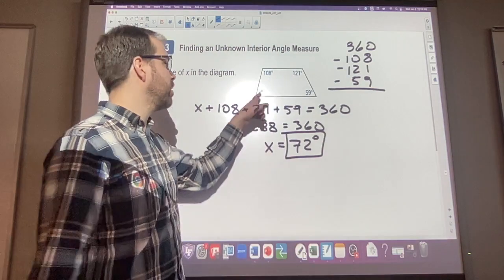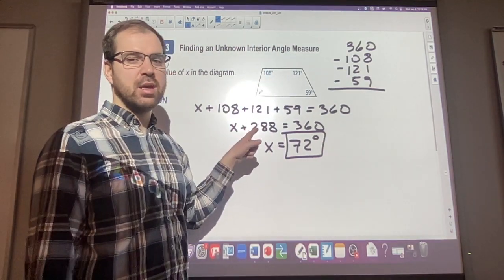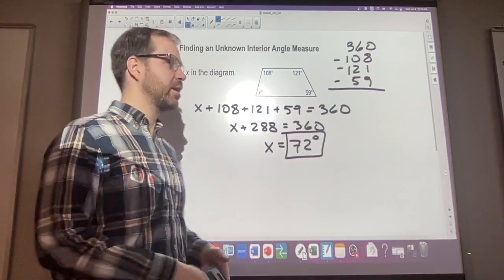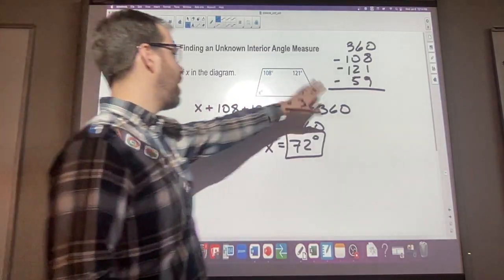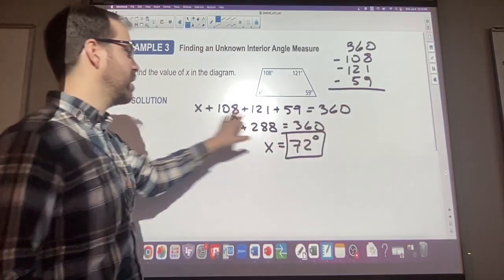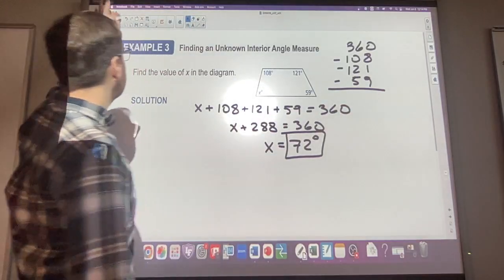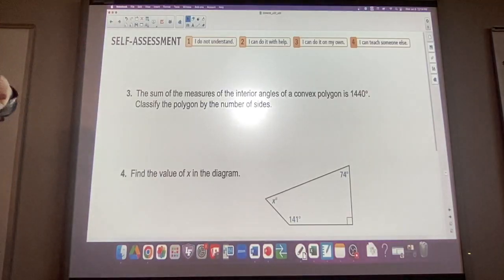However, when we get to the point where there are multiple missing angles, you're going to need to set up an equation like this, and we'll get to one later like that. So this is fine when it's a simpler problem, but when they're more complicated, you're going to want the equation. All right, so